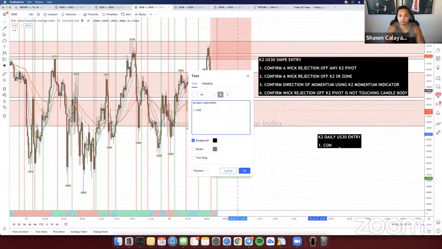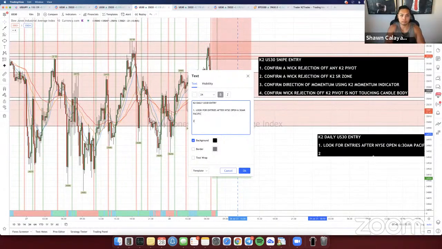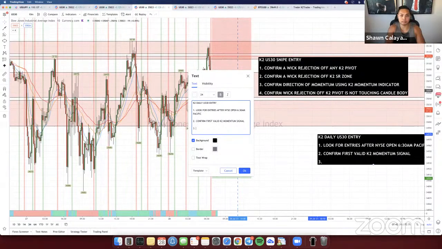So for this, you want to look for entries after the New York Stock Exchange open, which is going to be 6:30 a.m. Pacific. Two, you want to confirm the first valid K2 momentum signal. And then lastly, you just want to enter on the open